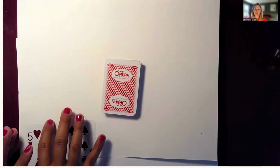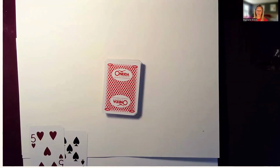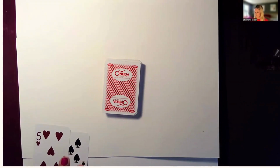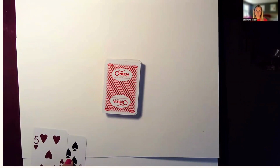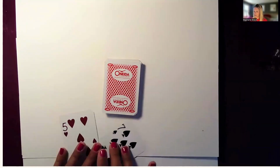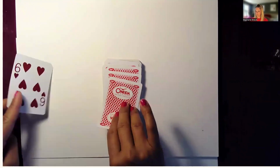Now, if your child is just learning multiplication or that feels difficult for them, I don't want the pressure and anxiety of competing and being quick to make them feel like they aren't successful, because being a good mathematician doesn't actually mean you have to be quick. So while you can play it this way, where you both flip a card and whoever says it first takes the cards, another suggestion I have for you would be for each of you to flip two cards